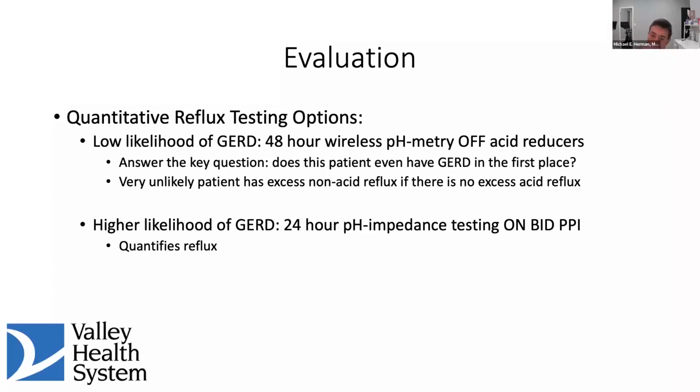The other test, which is called 24-hour pH impedance, I usually reserve for a patient who is having persistent symptoms, and I do their endoscopy and they've actually got evidence of esophagitis. They have inflammation, ulcerations. And this helps me really determine why they're not getting better on medicine. And we do this test on medicine. And if they have persistent abnormal acid reflux despite the medicine, because remember, we're doing this test on medicine,